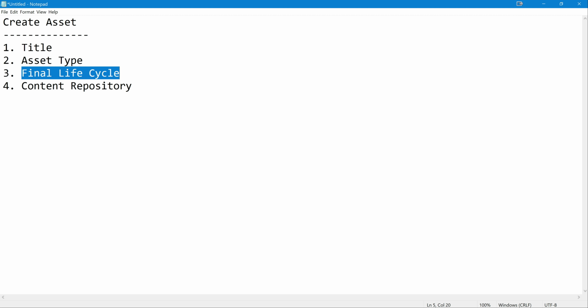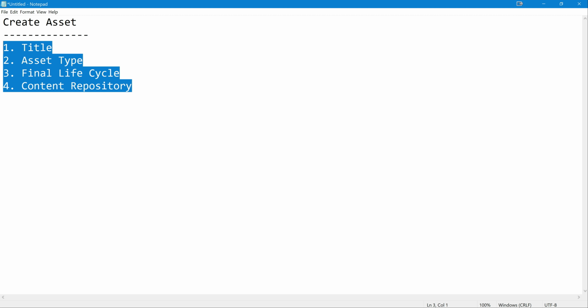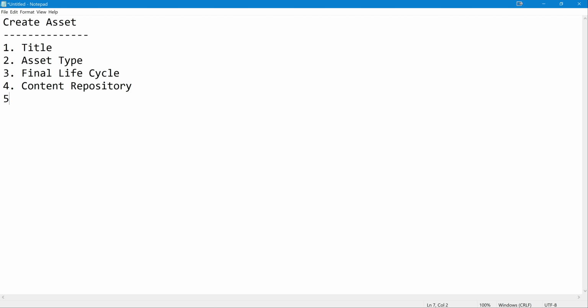And content repository is another mandatory field, where you pass for which part of the Content Hub. In this case, we are passing it to DAM. So DAM is the standard content repository. We need to fill in all these mandatory fields, and also there is an identifier as well. We don't need to assign it here. If we don't assign, it will auto generate some random GUID which uniquely identifies it, but we can also pass one.